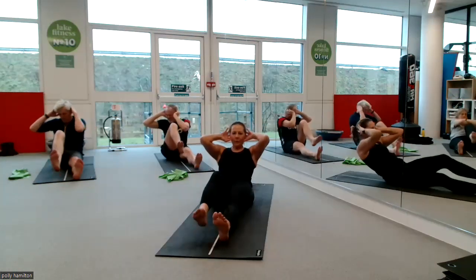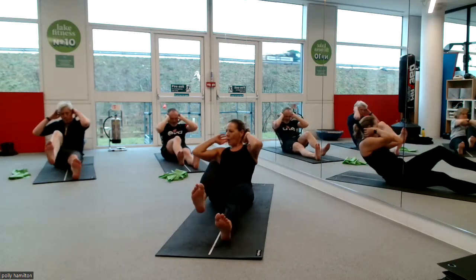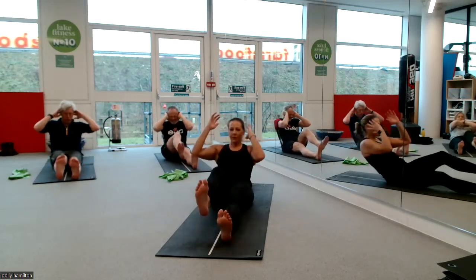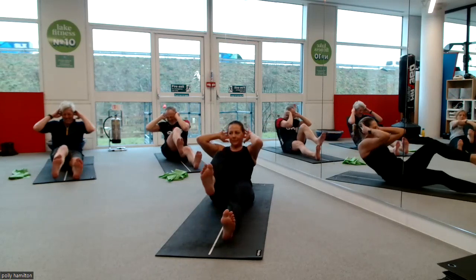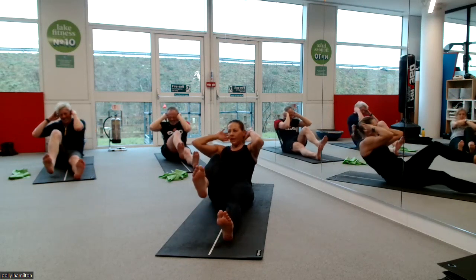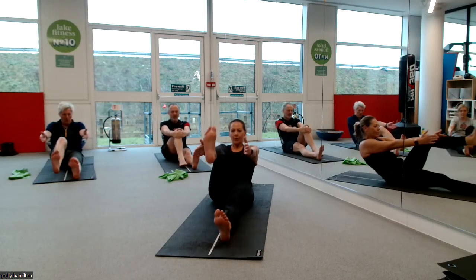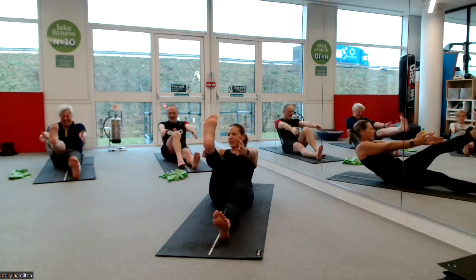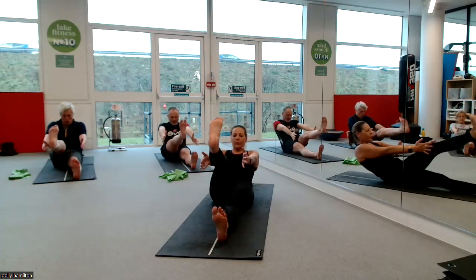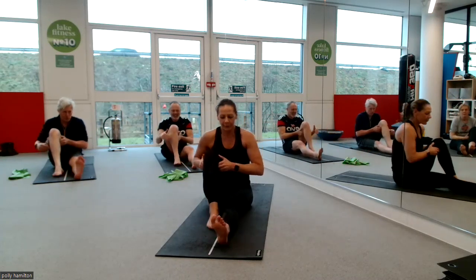Okay, let's go a little bit deeper if you wish. Extend and pull in for 8. Slowly. 5. Fix that left leg to the floor. 4. 3. 2. Last one. Then take the hands, the arms forward. Leg down or leg straight. Pulse. 10. 9. So you can have your legs out here, wherever suits you. 4, 3, 2, wherever you are, catch the thigh, roll up, foot to the floor, lift